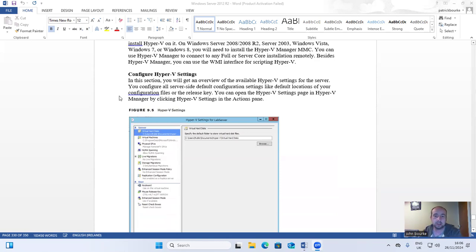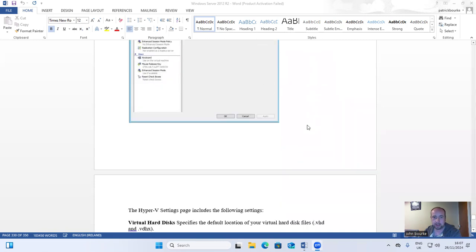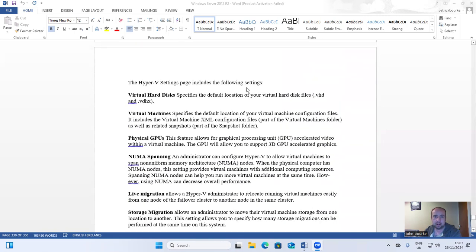In this section, you will get an overview of the available Hyper-V settings for the server. You can configure all server-side default installation settings like default locations of your configuration files or the release key. You can open the Hyper-V settings page in Hyper-V Manager by clicking Hyper-V settings in the Actions pane. The Hyper-V page includes the following settings: virtual hard disks, specifies the default location of your virtual hard disk files